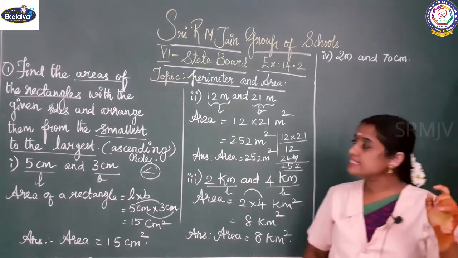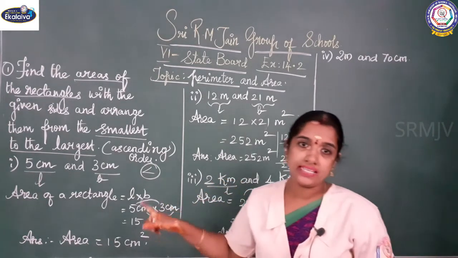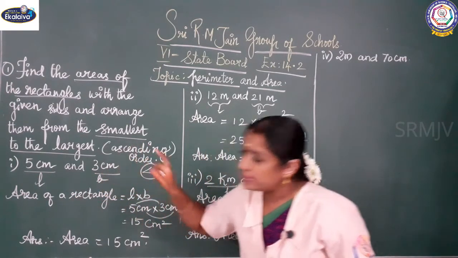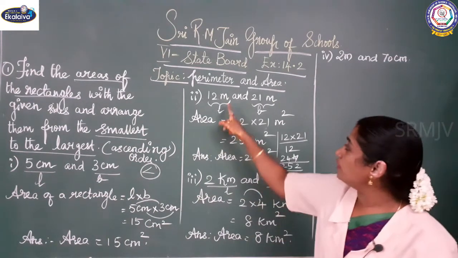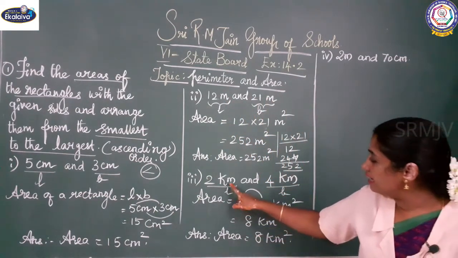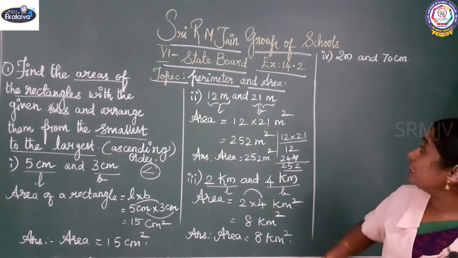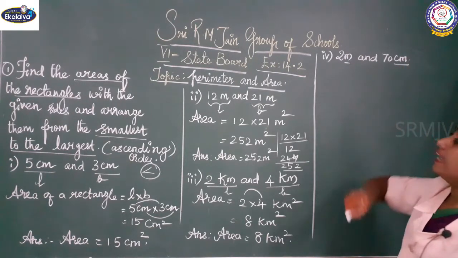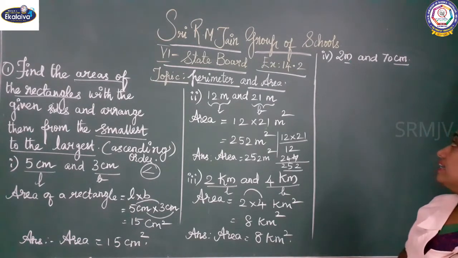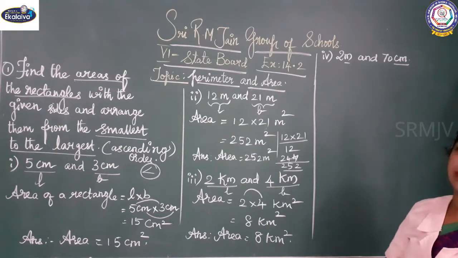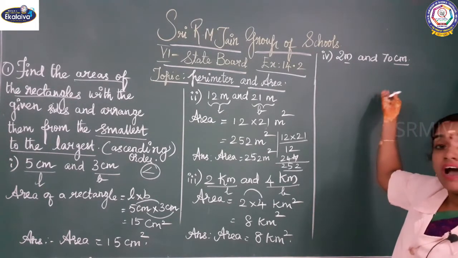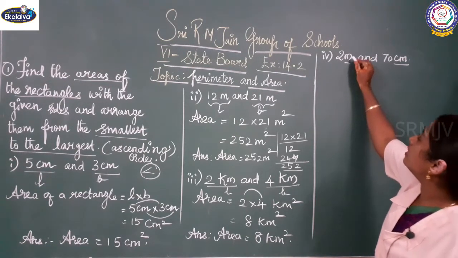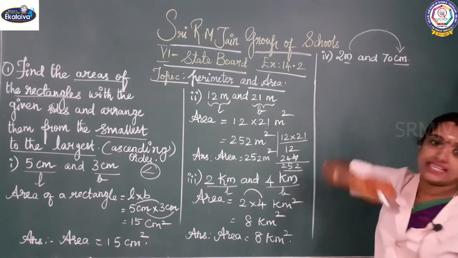Listen. See here, there is a difference between these three sums and the fourth sum. See, your length as well as the breadth units are same. What about here? Meter, meter. And here kilometer, kilometer. But see here, the length is 2 meter as well as the breadth is what? In the unit is what? In centimeter. So I am going to convert whether meter into centimeter or centimeter into meter. Is it clear? Here I am going to convert meter into centimeter.